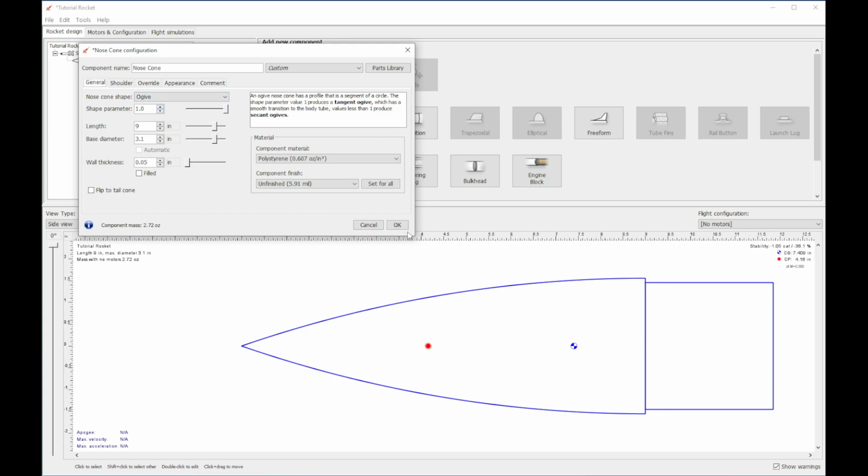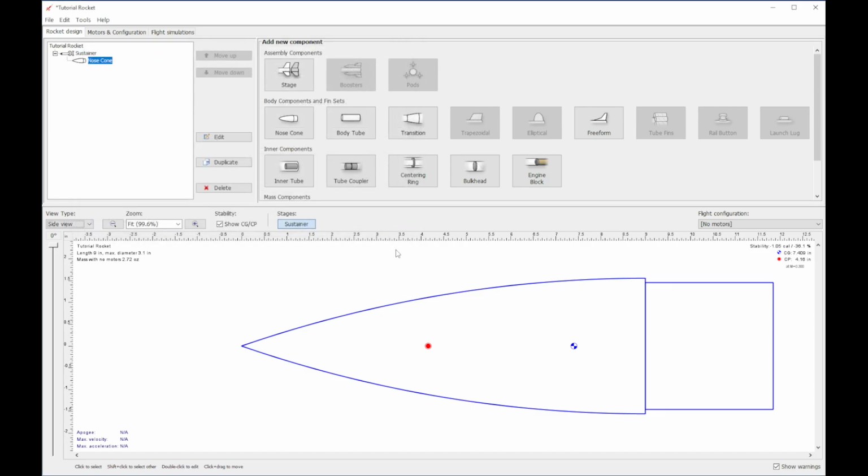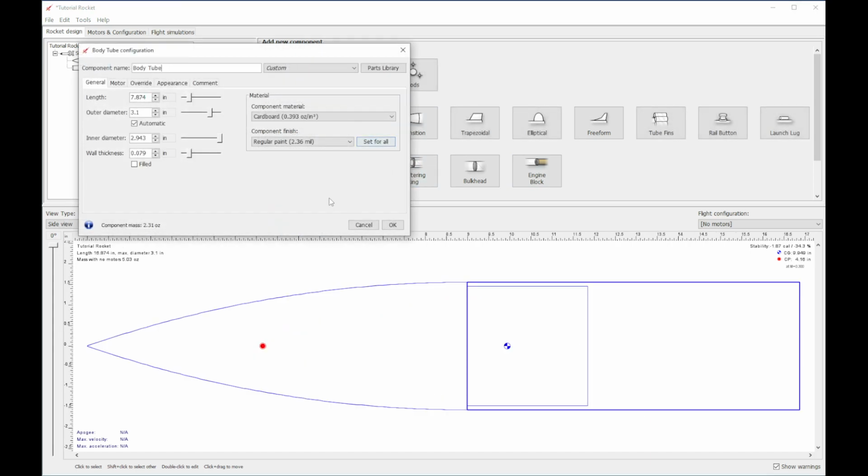So there's our nose cone. Next, we're going to add a body tube because we're working from the tip of the nose cone to the bottom. And now that we have a nose cone, some of these other buttons have popped up that we can add to the nose cone, but we're just going to use the very next one, body tube. So once you have a nose cone, adding a body tube component, it's going to automatically calculate the outer diameter